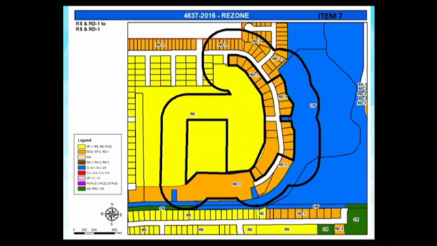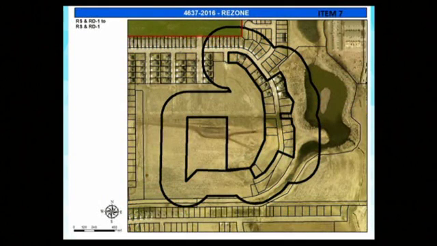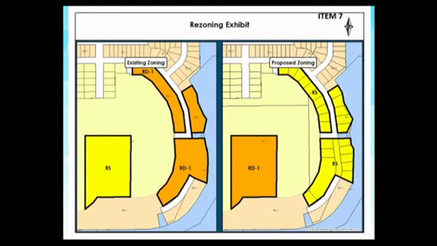Item 7, 4637 2016 rezone from the RS Single Family Residential Suburban and RD1 Twin Home Duplex Residential Suburban District to the RS Single Family Residential Suburban and RD1 Twin Home Duplex Residential Suburban District for allowed forms located east of Southeastern Avenue, south of East 57th Street, and west of South Greystone Avenue.